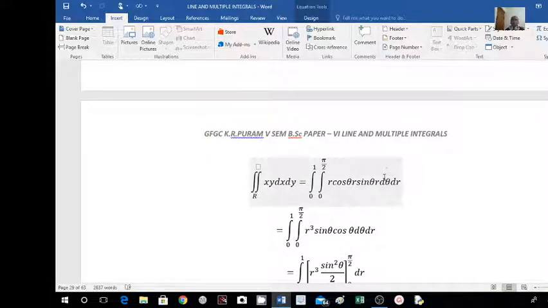If you write dr and d theta, then you have to take this inside and this outside. You can take it like this, because these two are independent. Neither r depends on theta nor theta depends on r. So if you keep this 0 to 1 inside, first integrate with respect to r; if you keep this outside, then integrate with respect to theta. I have taken first with respect to theta, then with respect to r.